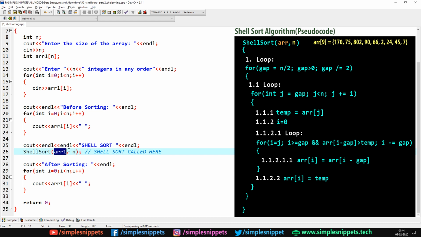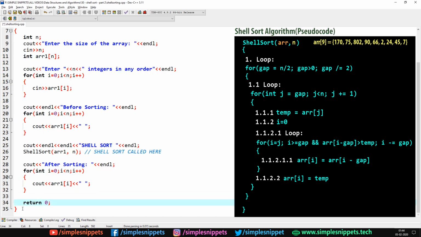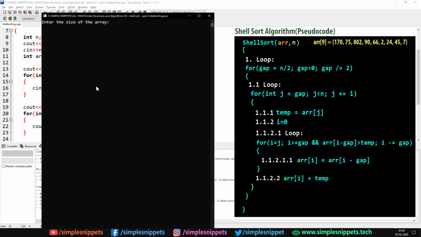It's kind of important. And this is where the int main function stops. You can see return 0, this is the end. And now the only thing that we have to create is the shell sort function. If I just comment this out, save this, and execute, compile and run, let's say our array